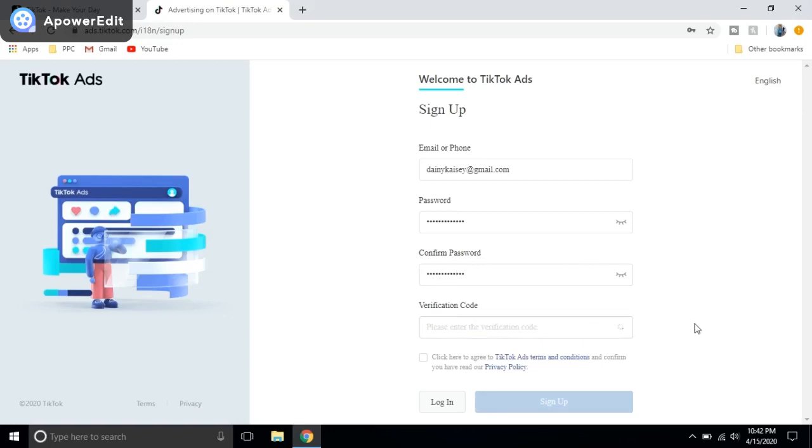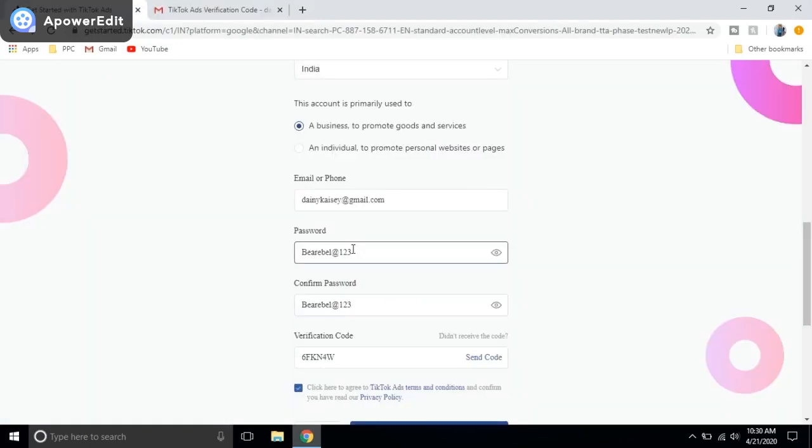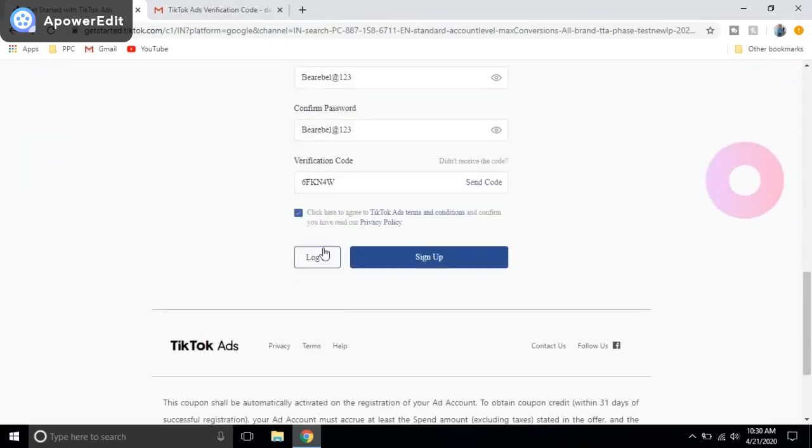Then it will ask for the verification code, which they will send to my email address. After that I will enter the verification code and verify my email address. So now I got the verification code on my email address. Now I will click on sign up.